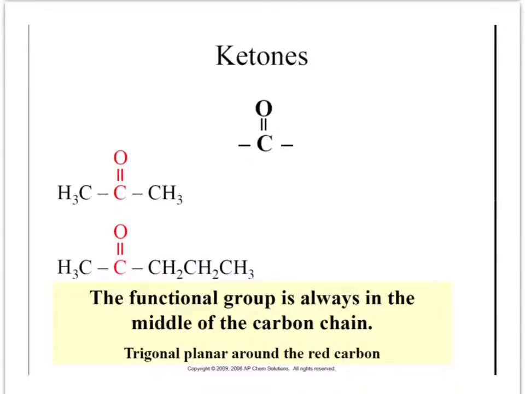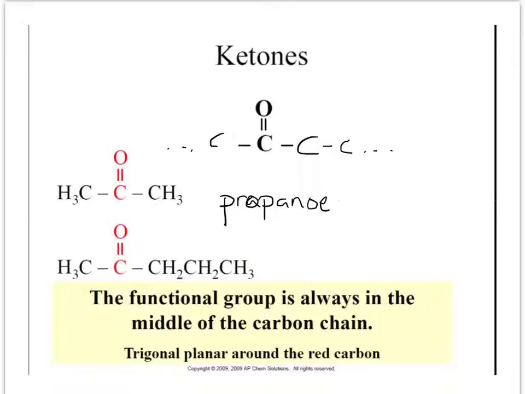And next is the ketone, which looks a lot like an aldehyde. The difference is that instead of the double bond to oxygen being on the last carbon, it is now on one of the middle carbons. So on this general formula up here, there would be other carbons attached on either side of it, going off in a chain. So it's not going to be the final carbon. This first one right here that we look at, see how the carbon right there has two carbons on either side, and then the ketone in the middle? This first one is called